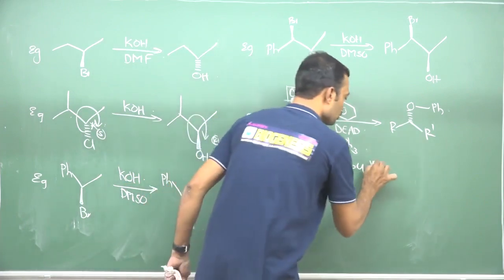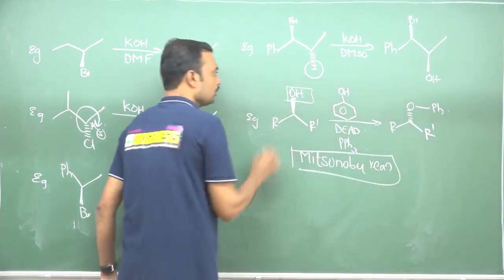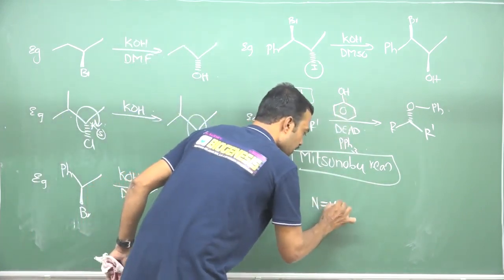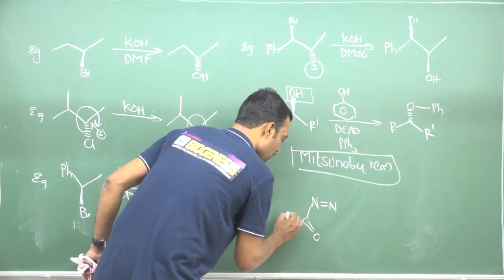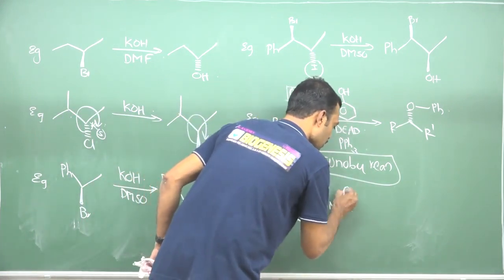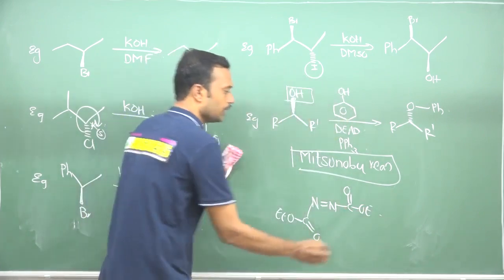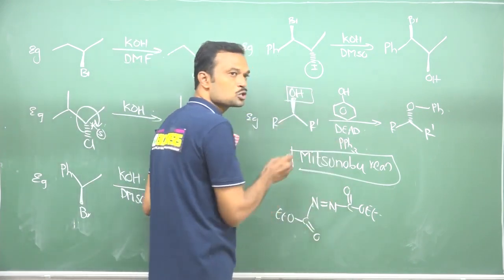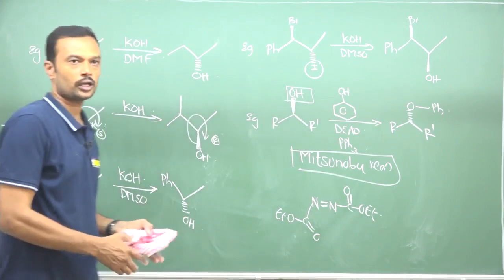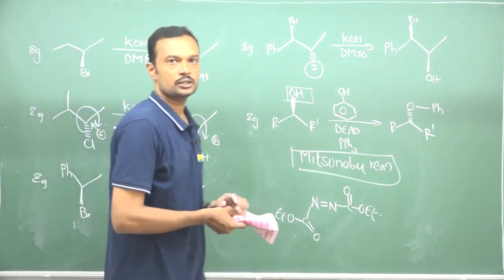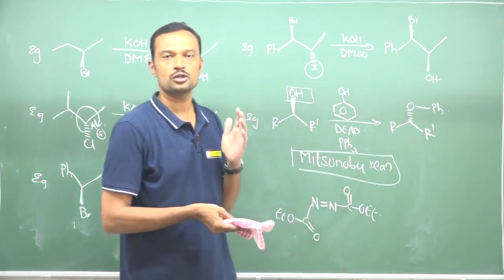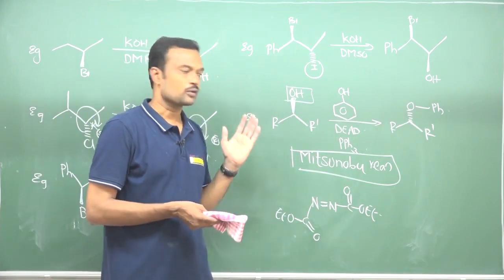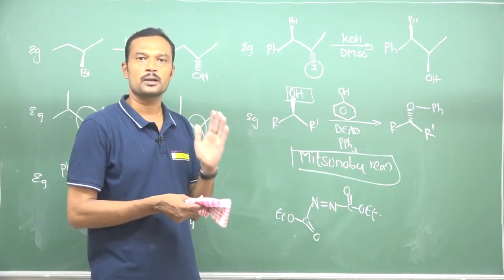Okay, the Mitsunobu reaction. It is an advanced reaction where an alcohol reacts with any nucleophilic reagent in the presence of DEAD. What is DEAD? DEAD is nothing but diethyl azodicarboxylate. This is C double bond O, and here it is ET. Diethyl azodicarboxylate is called DEAD. This is used in the Mitsunobu reaction for inversion of the configuration. So that is about the SN2 reaction, and in order to understand the SN2 reaction you need to view the video which is already recorded on the SN1 reaction. Hope you will understand what the actual SN2 reaction is, which will give complete clarity on the reaction mechanism.